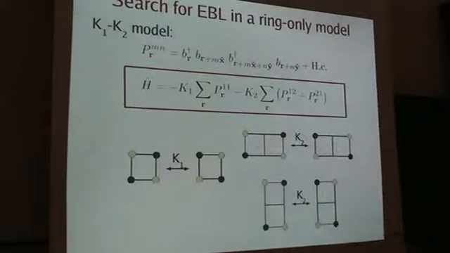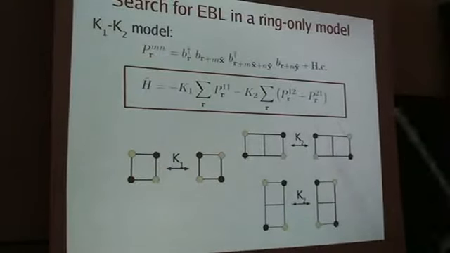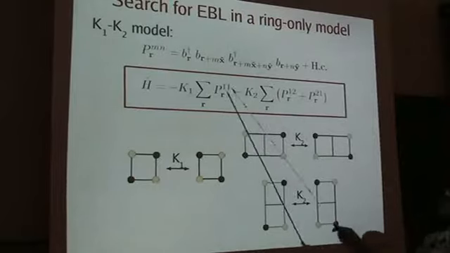Here we do not try to find a realization that is stable to boson hopping. We just focus on ring-only models, so these special conservation laws will be present, but then we considered a minimal